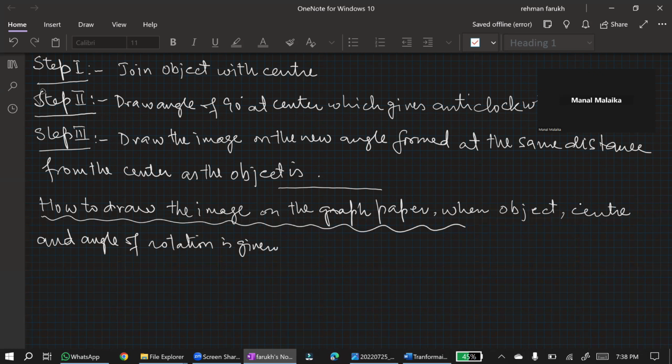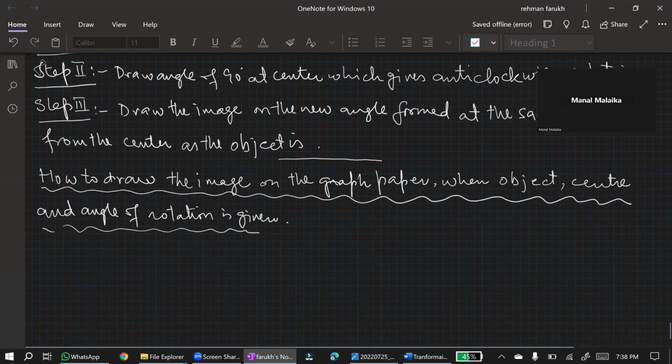Now we will learn how to draw the image on the graph paper. The question is